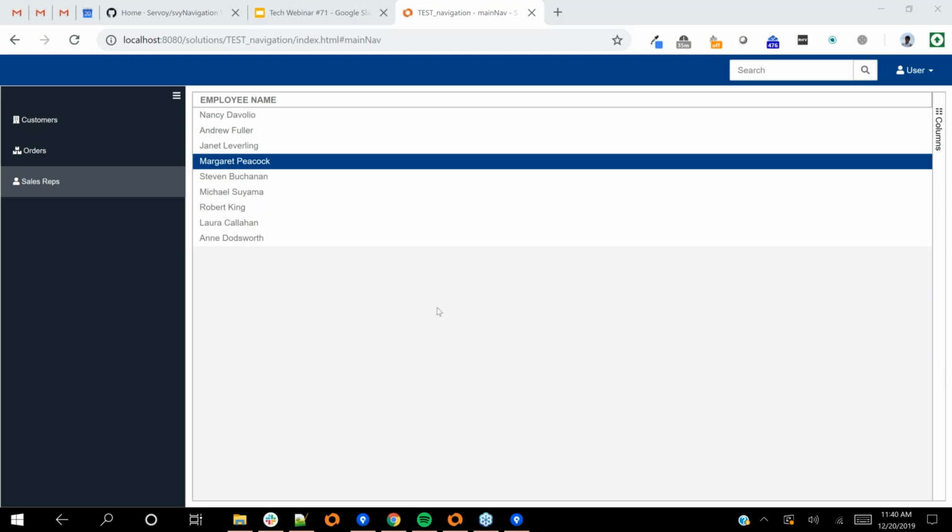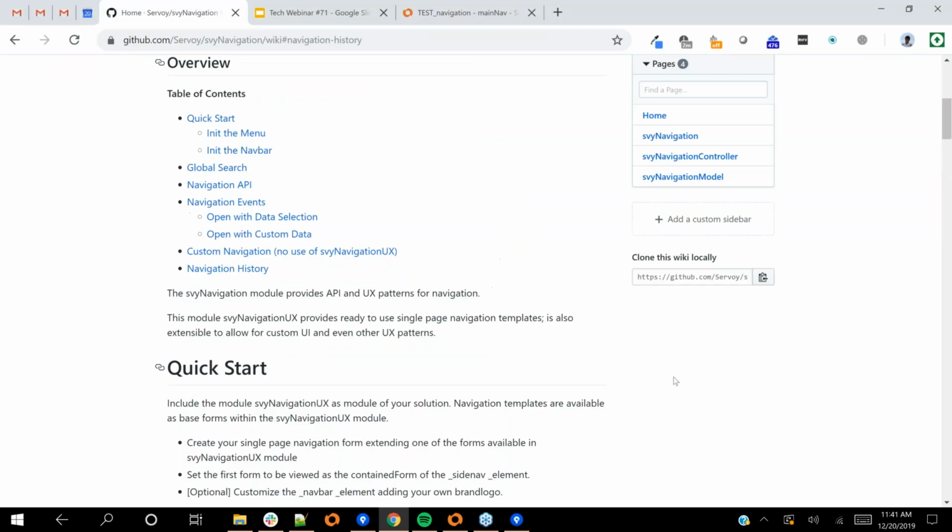Let's see. What would need to be considered to implement the same navigation events but on multiple forms shown in tabs? And are tabs recommended? Okay, so the question is about taking the same approach here, but instead of doing menu items, you do tabs. The steps that you would take would be to use the parts of the API that I demonstrated. Basically, the API is really lightweight. If you actually go and look at the code, there's not much code there, not that you have to look at the code. But if you look at the public methods,